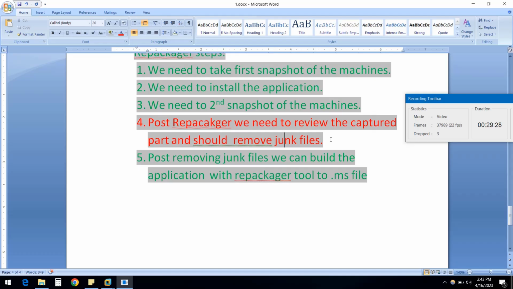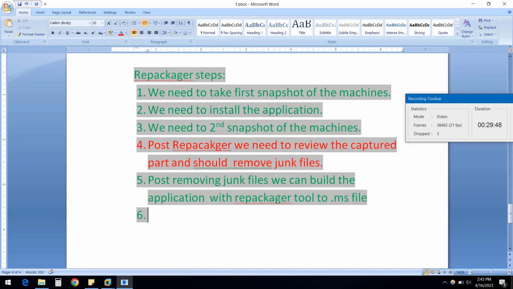And post removing the junk files from the repackager, you can rebuild that application to an .msi file. Okay, and there is nothing to be added here, and you can add one more point, but this is not related to the repackager. I am adding one additional point here, the difference between